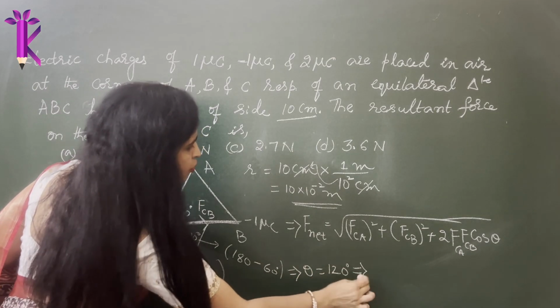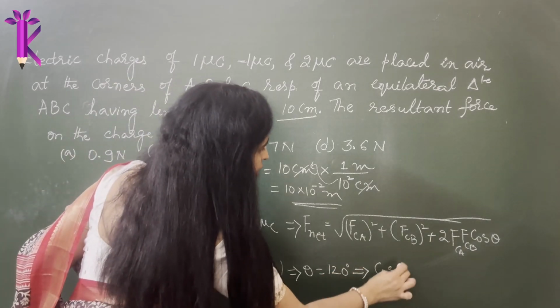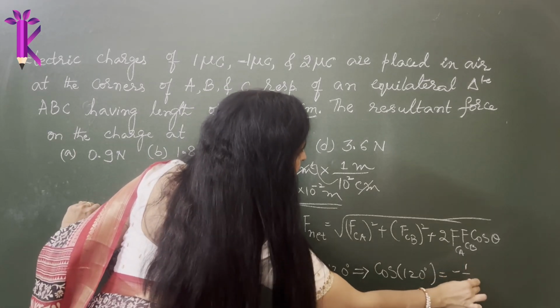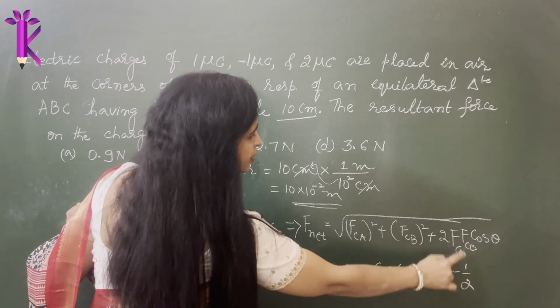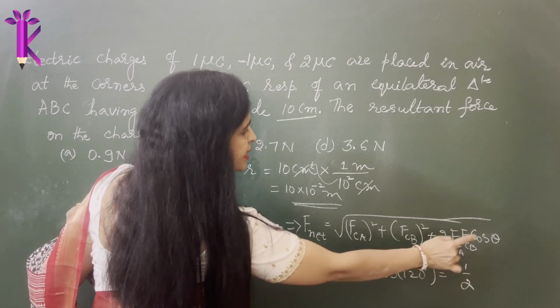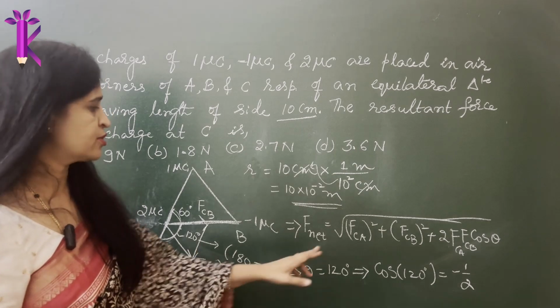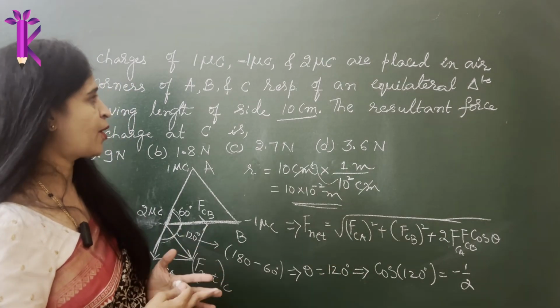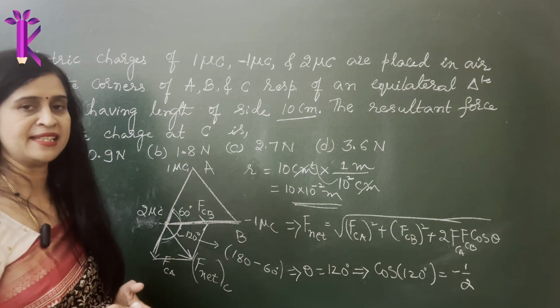So what will happen to cos theta? Cos 120 will be minus half, right? So if you substitute minus half here, 2 and 2 would get cancelled. You would get minus FCA into FCB, which we will do next. Substitute the values, find out how much is FCA and FCB, and then make some approximations and figure the answer out. I'll give you some time and then I'll reveal the answer.